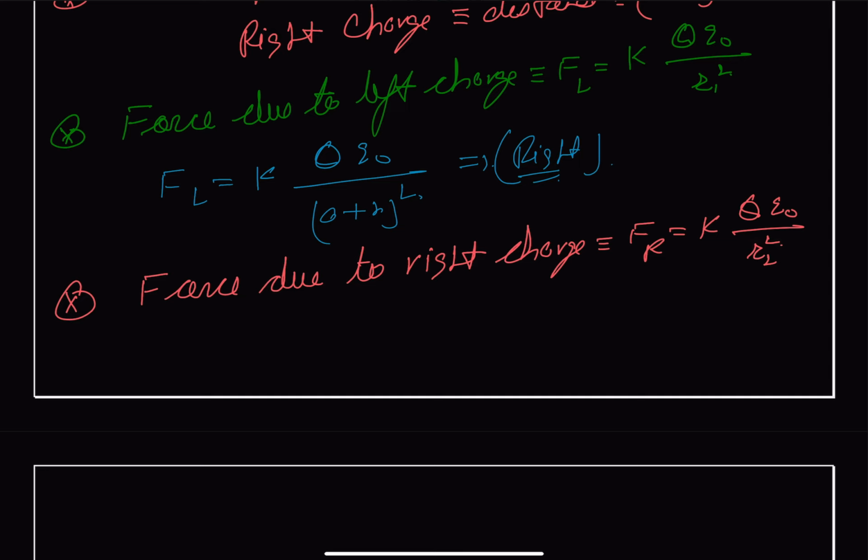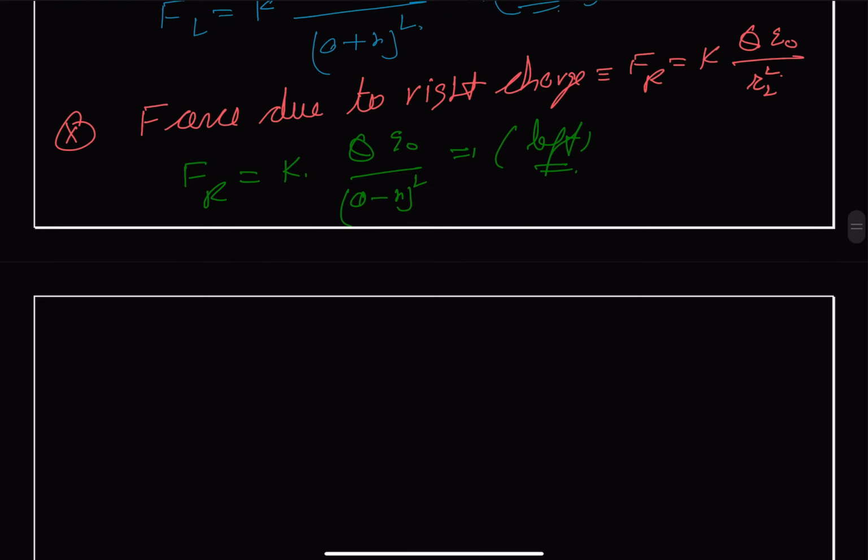So we get F right equal to K Q Q naught over (a minus x) whole square, and its direction will be towards left. So both the forces are opposite, therefore net force,